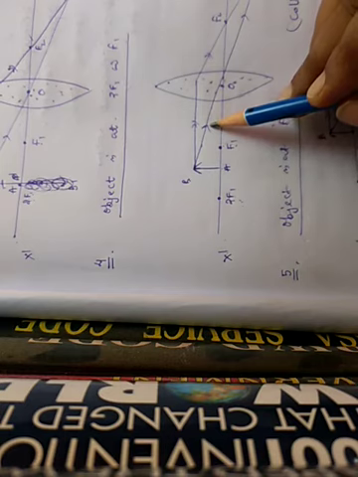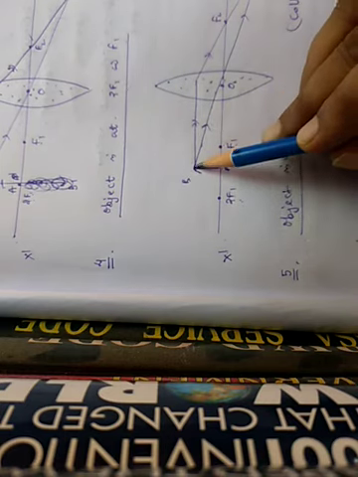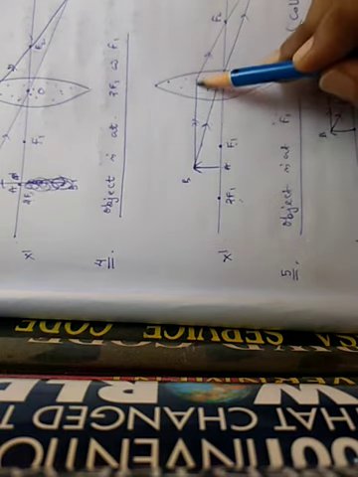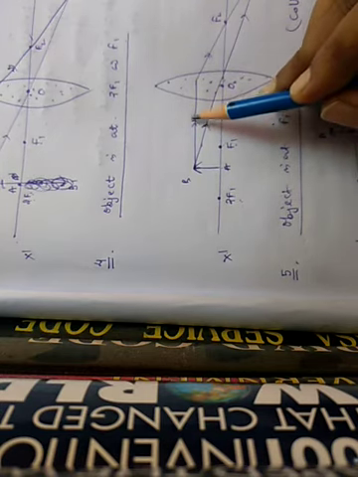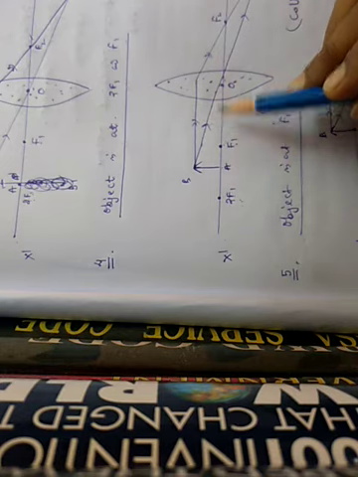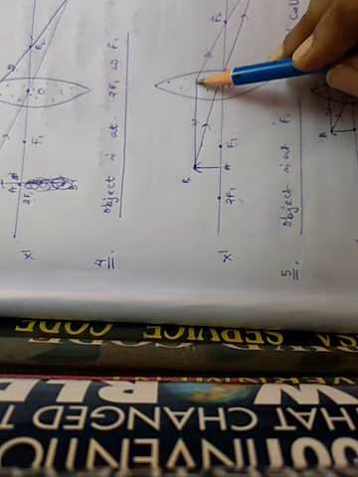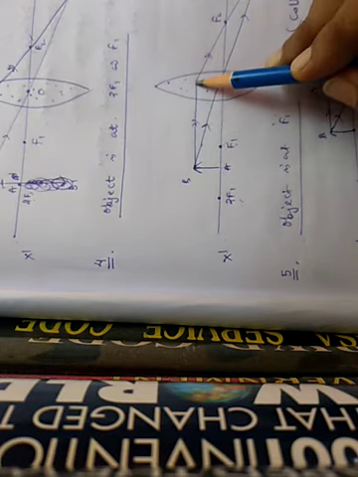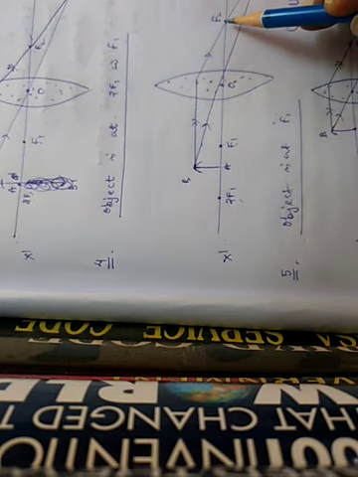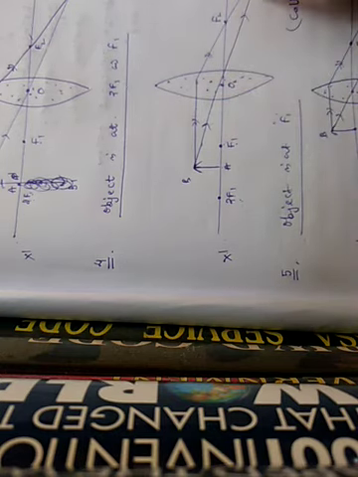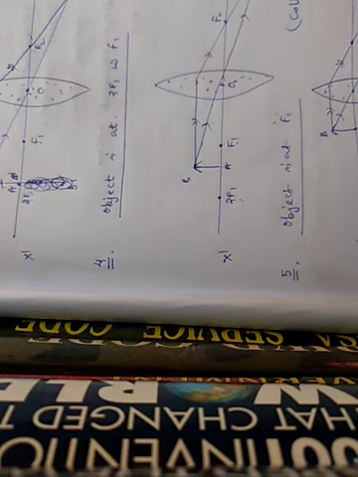That is why we have represented it with a single arrow mark. Now another incident ray, parallel to the principal axis, we have represented with a double arrow mark, just to distinguish the two incident rays. Now this ray, after passing parallel to the principal axis, after refraction, according to its principle, passes through the second focus. These two refracted rays meet at the point B dash. Correspondingly, your image will be A dash B dash.